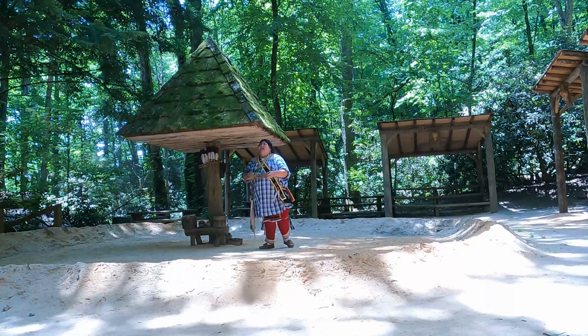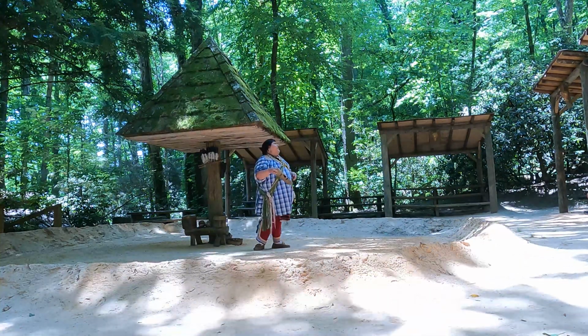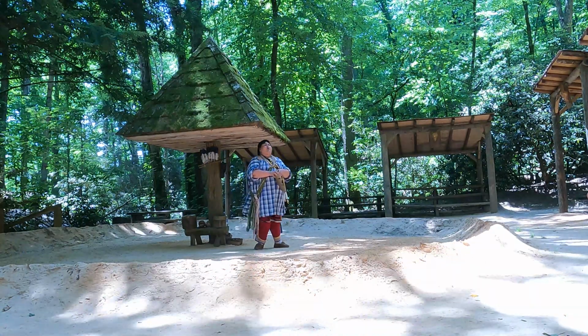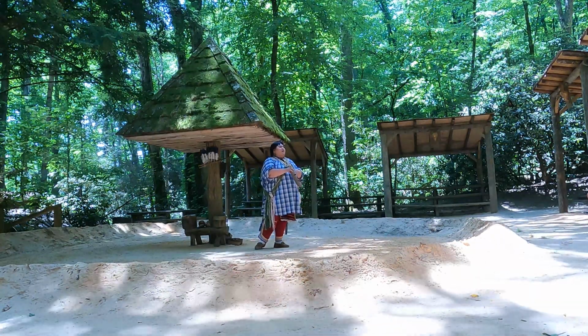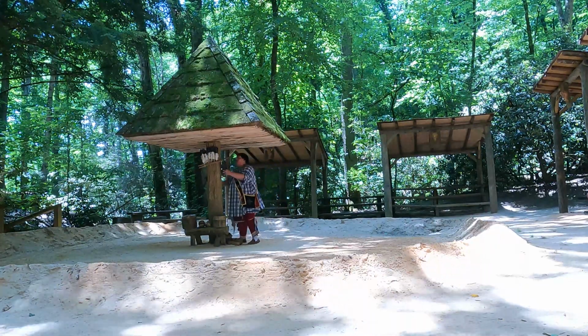Now, depending on that dance would also determine how I'll decorate this mask. If it was our bear dance, I'll decorate this with bear fur, or if it was our green corn dance for our New Year's, then I'll decorate this with corn husk. Now, when metal tools finally arrived,